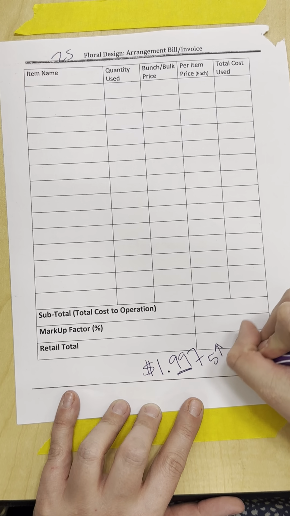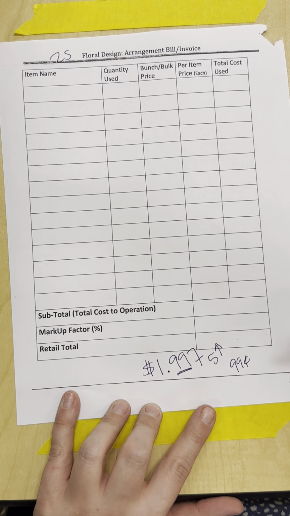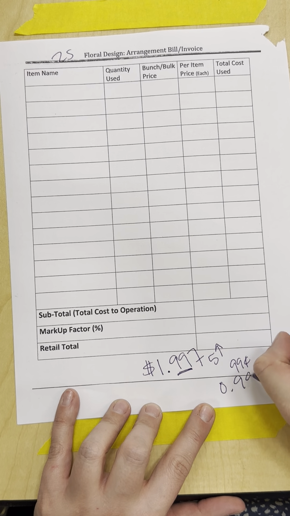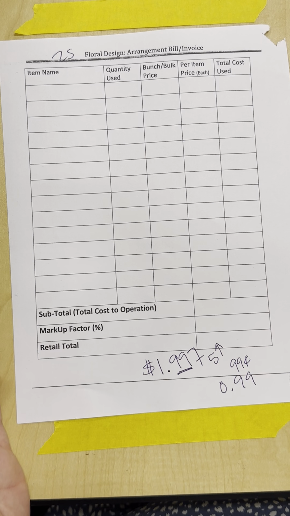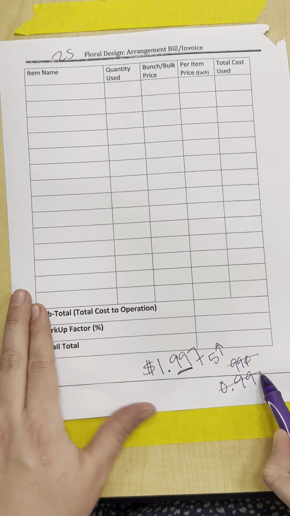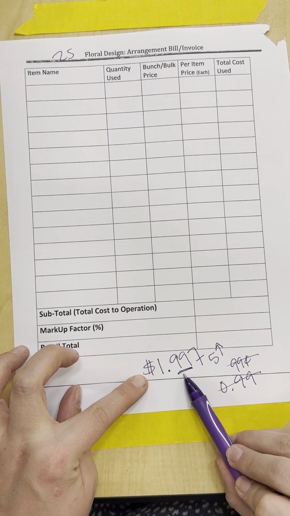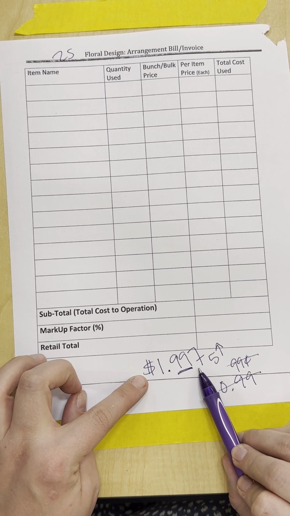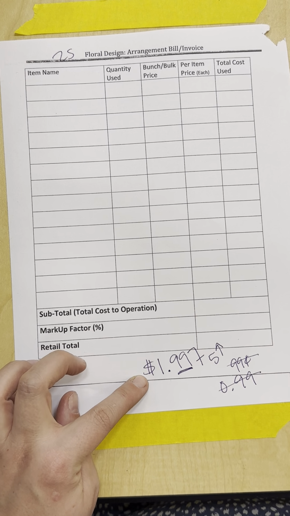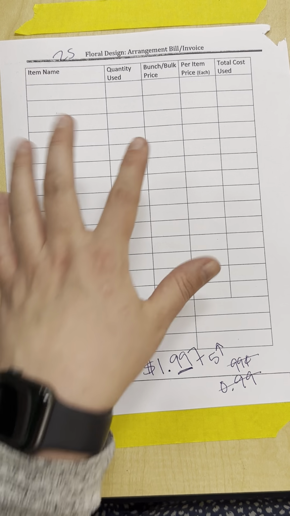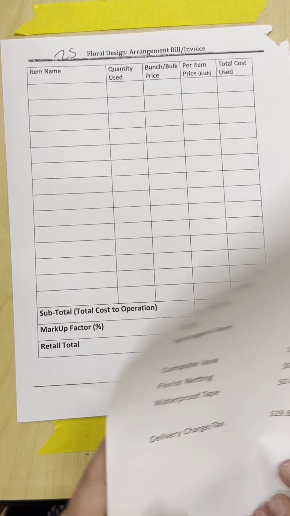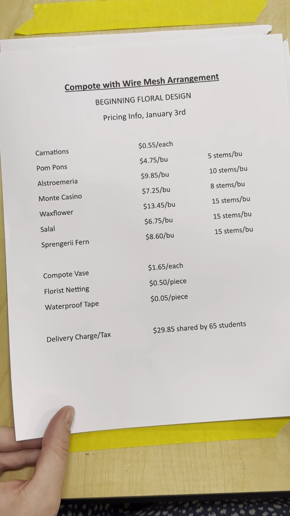If I see 99 cents, or if I see 0.99 with no dollar sign or cents, these are both wrong. I need the dollar, point, cents, exactly like you would see on a receipt. Okay? All right. In order to do this, you will need the price sheet for the arrangement that I post